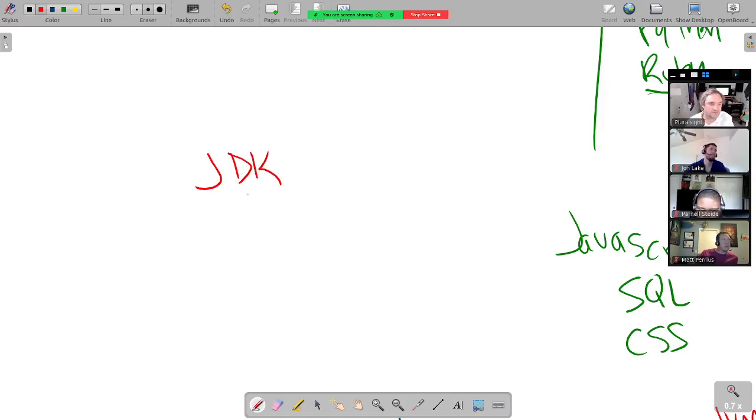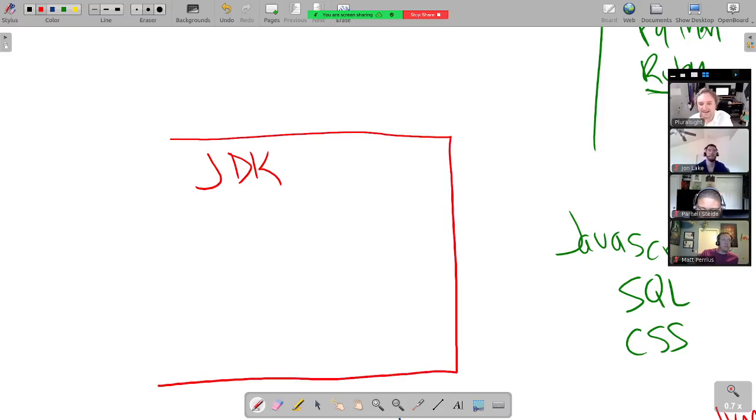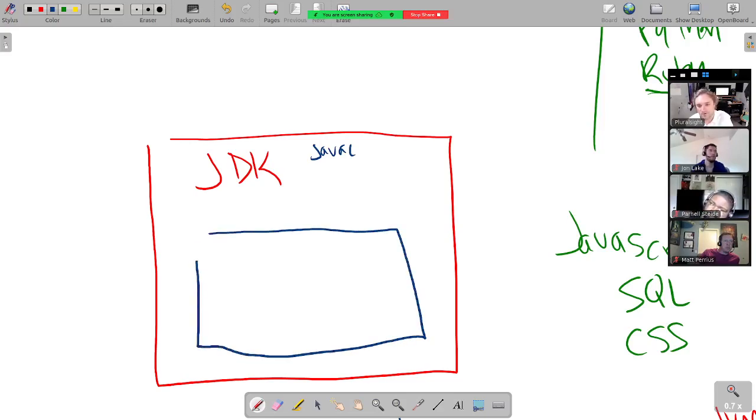From an install standpoint, the JDK was the thing that all of you installed to get Java. Not everybody needs that. This is the thing that has the Java C compiler. You only need that if you need to be able to compile the code yourself. Most people don't. Most people just run the code, and you can run the code with the JRE via the JVM that it installs on your computer.